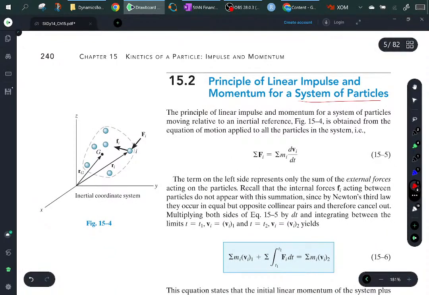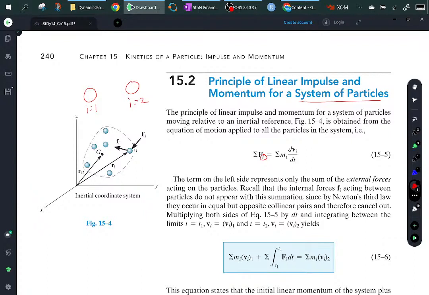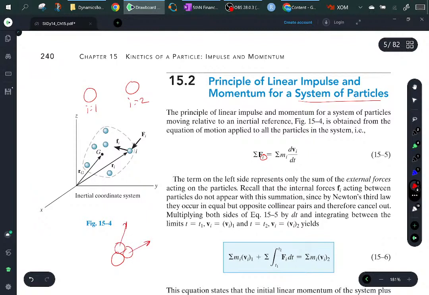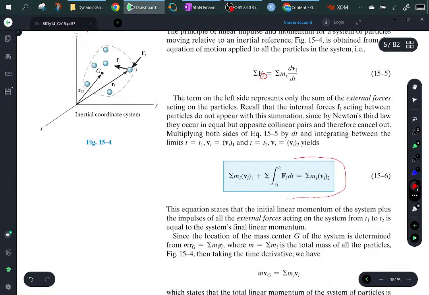System of particles. Okay, system of particles. You got the cue ball, and you got like the 8 ball. He's listing them as i, so I'll say i equals 1, i equals 2. That's all it is. Usually, in this situation, we generally don't have more than 2, but we could have more than 3. But it's very hard to work where you have one pool ball. You can have it where it hits 2 right at the same time, and they head off this way. You could have that, but it's more likely that you're just going to have 2. So that's what you get here. Now, what happens